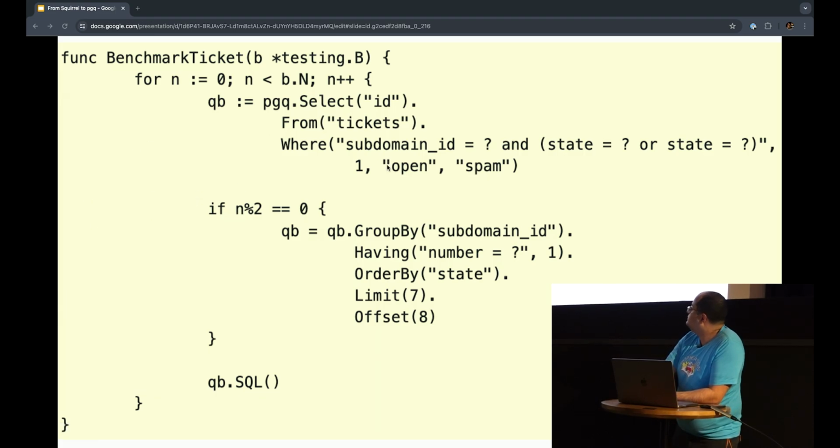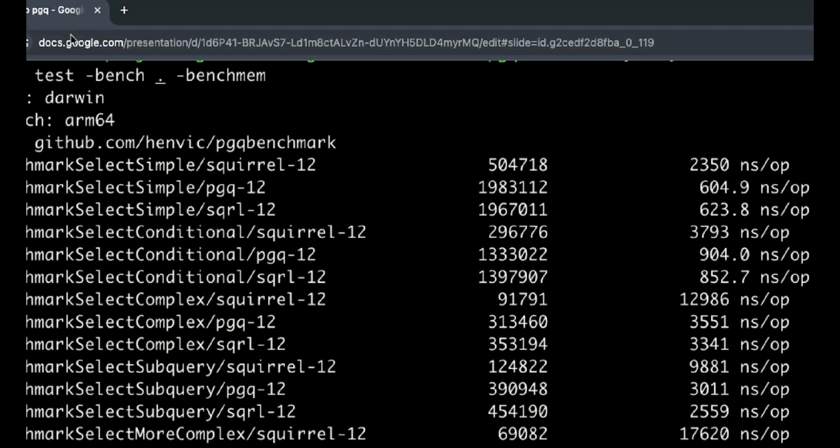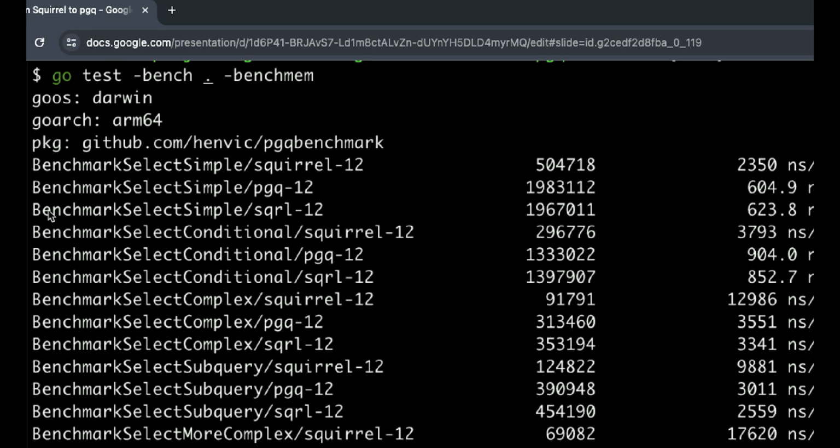Those are just references. This is how it looks when you run go test and you pass the bench flag. Let me see if I can zoom in. Here I'm passing a dot, it could be like the beginning of a name, for example, to filter everything that matches it.